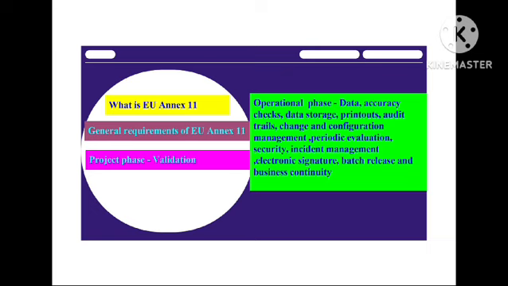General requirements of EU ANNEX 11 are like this: risk management, personnel, suppliers and service providers. Risk management means the risks associated with computerized systems should be assessed and companies should implement controls to mitigate those risks. Personnel. All personnel who use computerized systems must have the appropriate training and qualifications to perform their tasks. Next one, suppliers and service providers. Formal agreements should be in place with third party suppliers and service providers that clearly define their